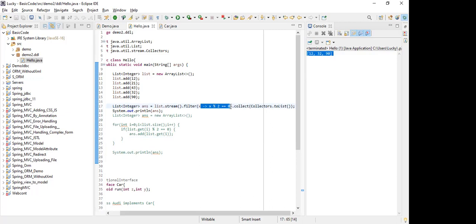If the condition is true, then only it will go ahead. Using this stream, we are avoiding everything. No need of using a loop, if else, nothing. We can just use this API and write the operation in one line of code. We will do it tomorrow also, don't worry, Stream API we will do. Okay, so I have another